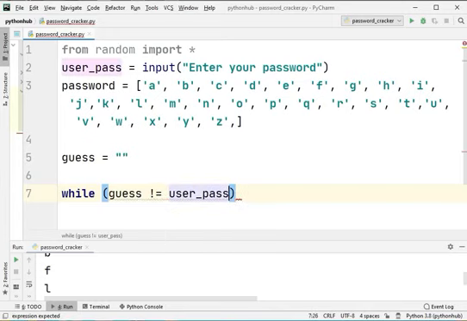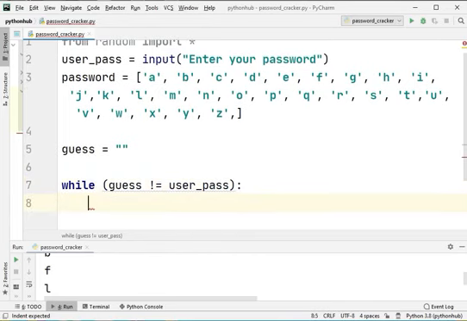We will run our while loop until the guess password, which is guessed by the computer, is not equal to the user password, which is entered by the user. Inside this, every time the while loop starts, we will make guess equal to an empty string again.